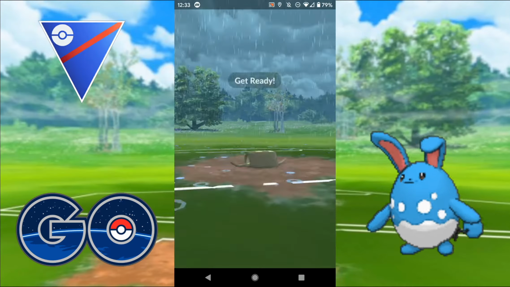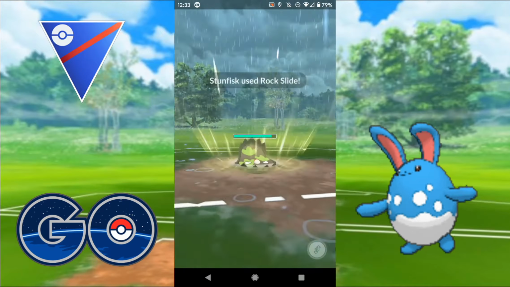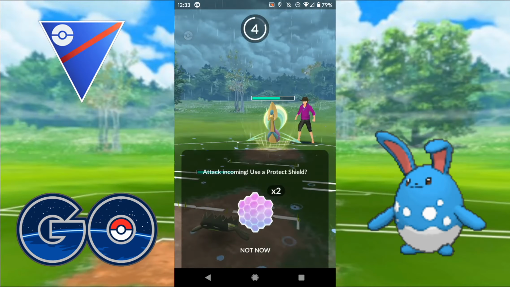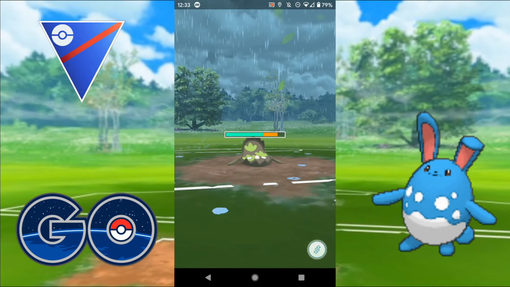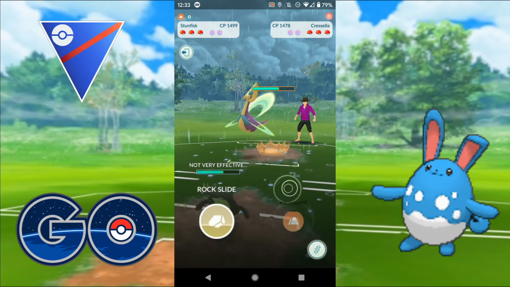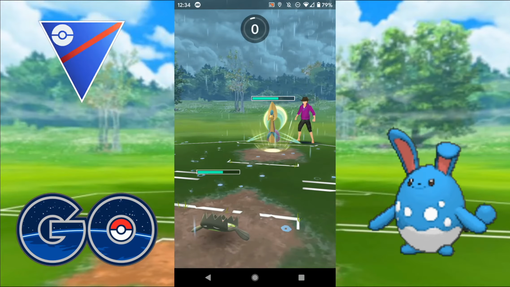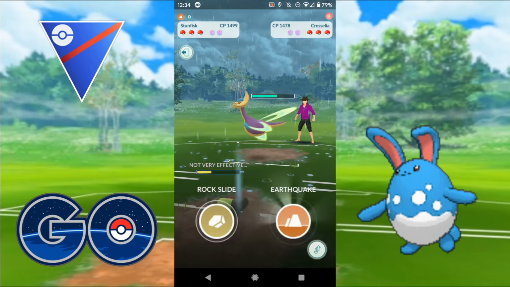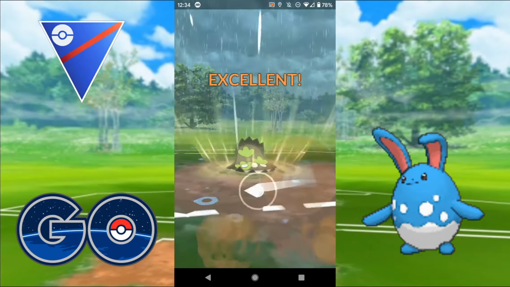So I'm just trying to figure out. So I will resist its fast moves. Going to do next to nothing. It will be running Grass Knot. All Cresselia in the Great League are basically running Grass Knot, so able to get to those charge moves pretty quickly. I'm going to do neutral damage, resistant from steel, super effective from the ground typing, so